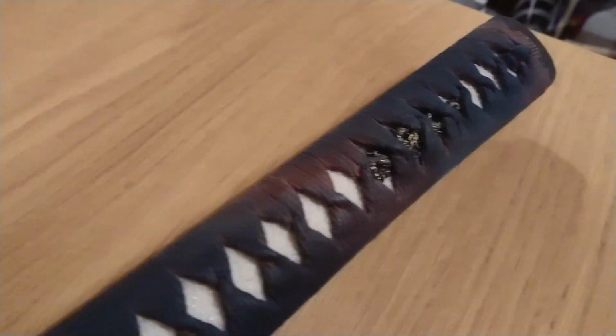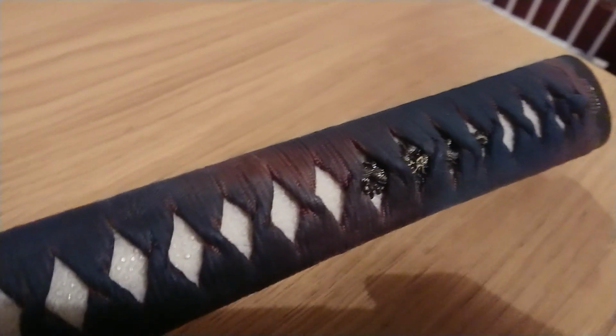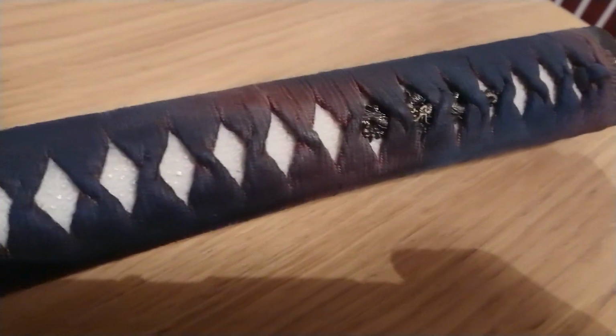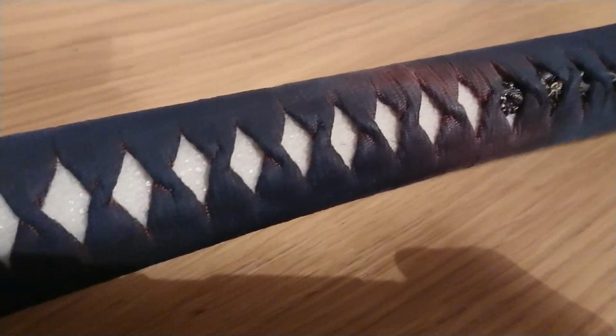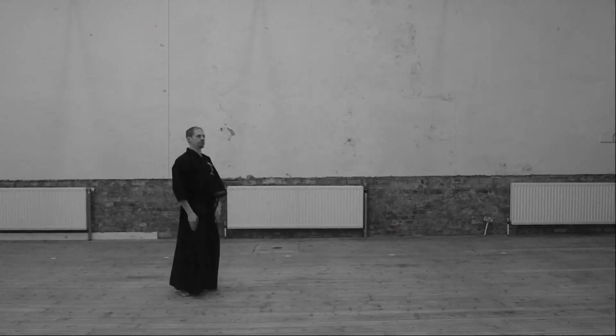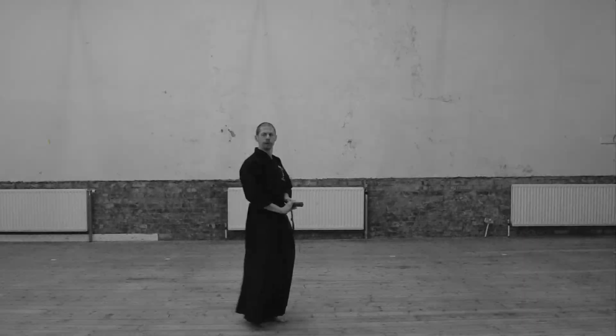And then I went for the custom Iaito, which is the wrap that goes around the Tsuka. And I went for that. Well, I didn't go for that. Let's say it was picked for me. My Iaito sensei recommended it because you have to pay, I believe, quite a lot extra for the silk. And the leather, which is the other option,